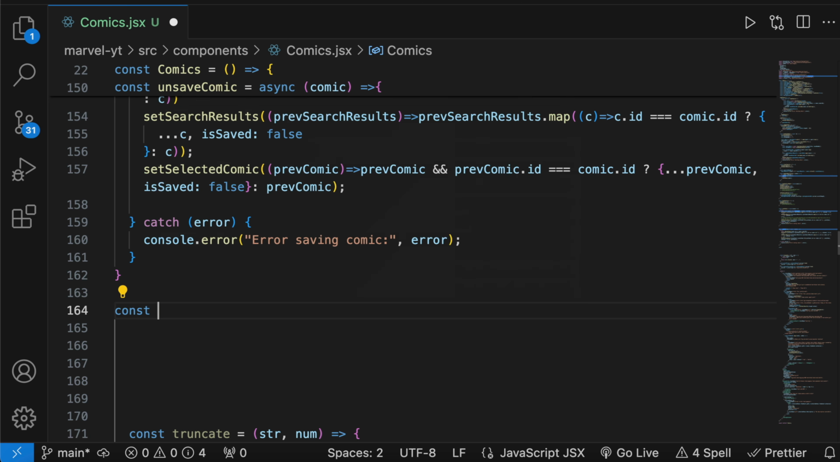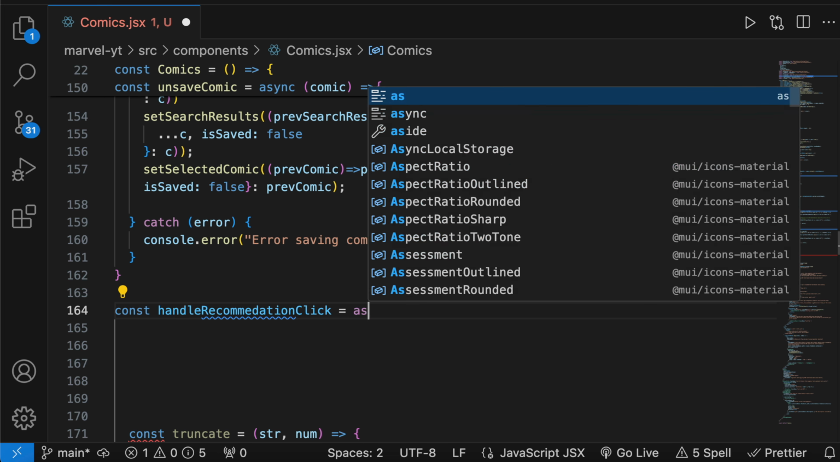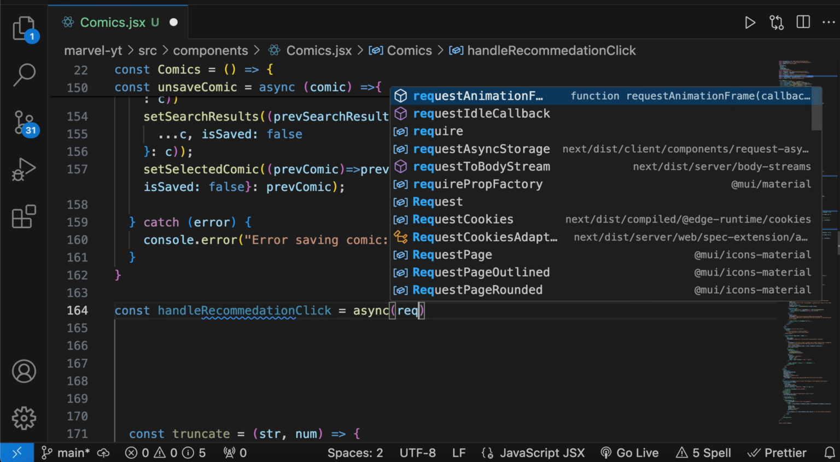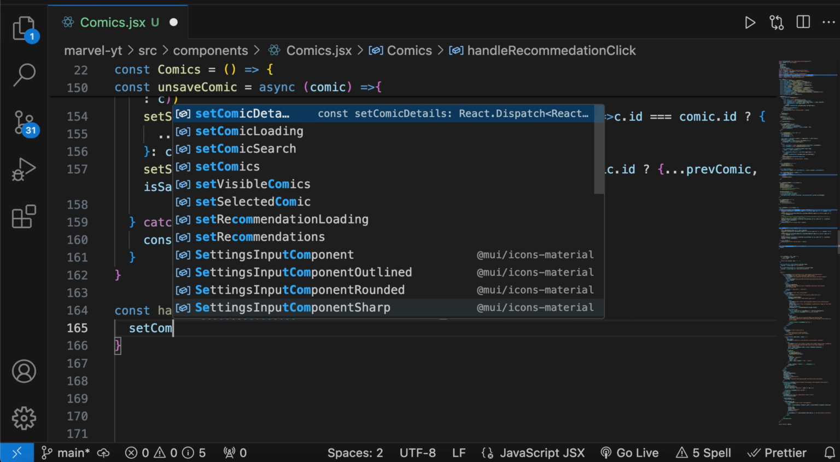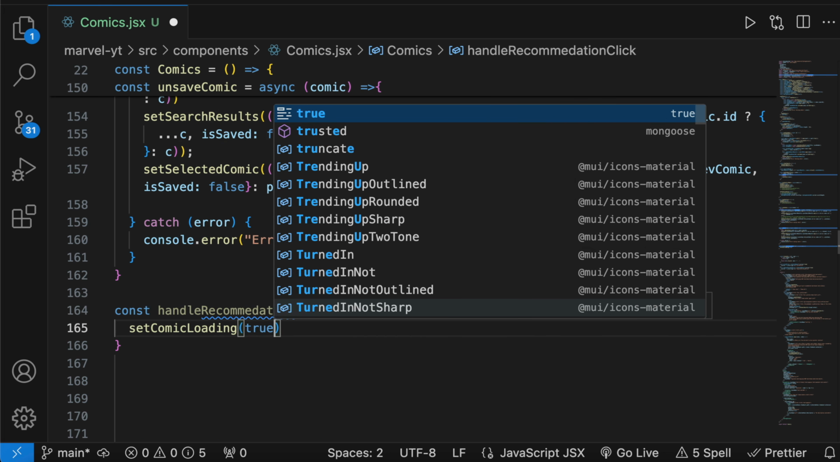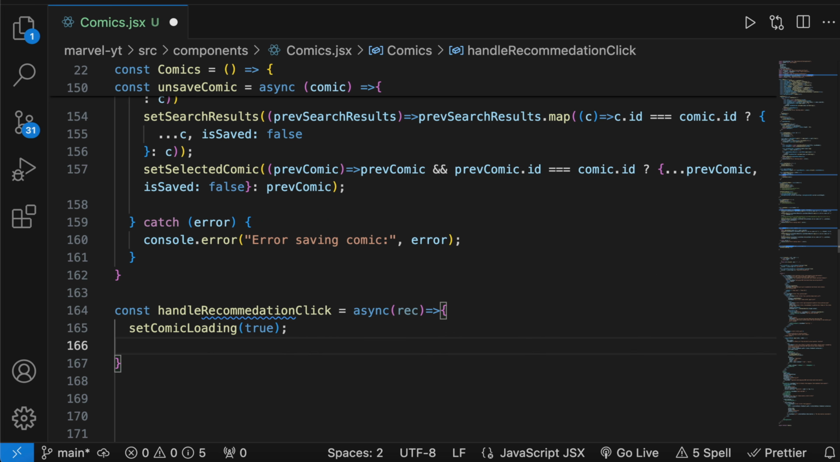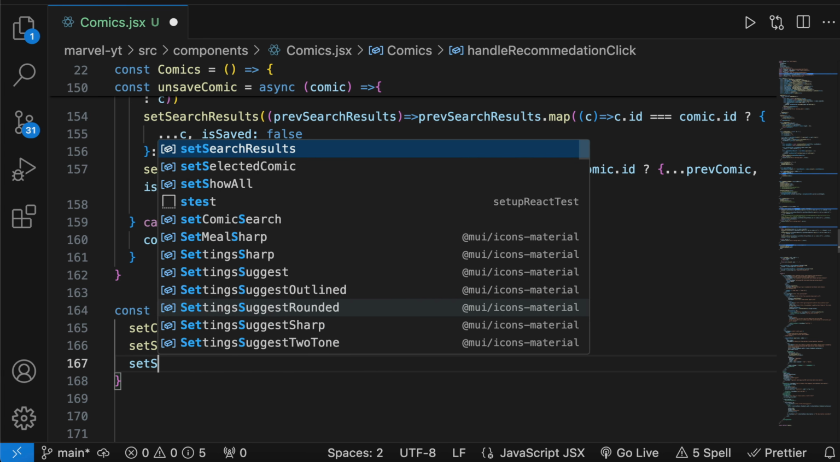So we're gonna say const handle. We're just gonna comment it out, but let's just do this so we get it out the way. So handle recommendation click. This is for when we have our recommendation, we click on the recommendation. So this is going to be recommendation, and this is going to be set comic loading to true. We're then going to set selected comic to the recommendation, set comic